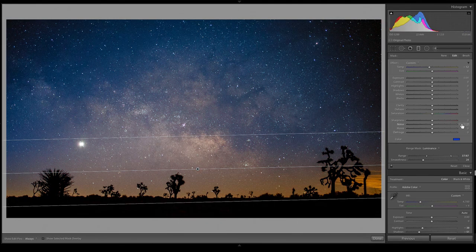Actually, this might be a case where I'd want to do this without the mask overlay on so I can really see. If I drag this down, you can see that the center of this image, which is a little bit brighter, isn't being selected. So I don't want to get rid of that too much. But notice that if this is all the way to the right, the stars start to just be blue, and I don't want that. This also helps pop the Milky Way in the center of this image, looking pretty good.